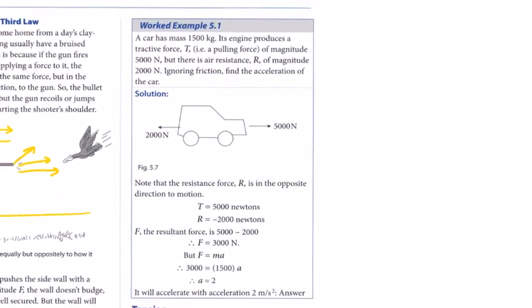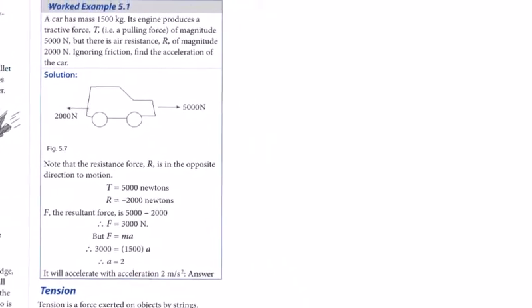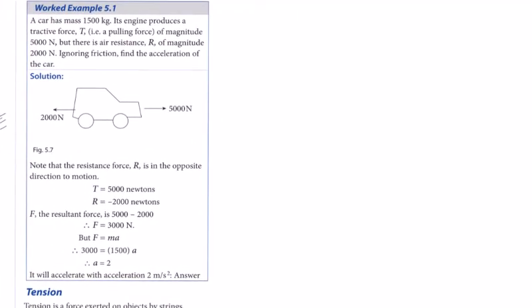And here's our first example now. A car of mass 1500 kilograms. Its engine produces a tractive force T, which is a pulling force, of magnitude 5,000 newtons, and we're dealing in newtons here. But there's air resistance of magnitude 2,000 newtons. Ignoring friction, which will come into these questions, and we're going to call friction mu, find the acceleration of the car. So when we get these questions, we're going to draw a block or some sort of diagram to show